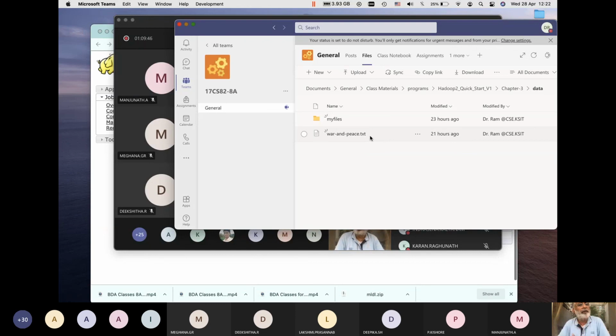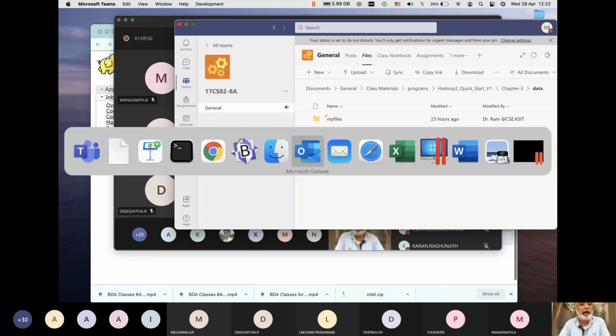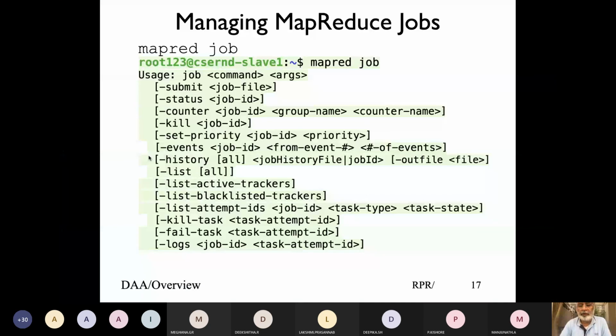So all the programs from the authors I uploaded, you can download from here or whichever way and run from there. So that's all I have for today.